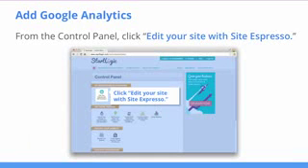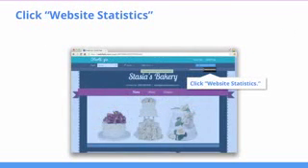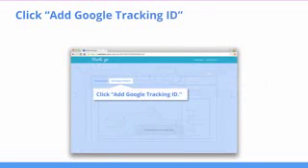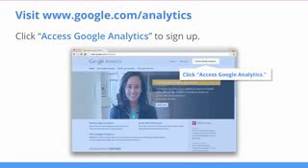You're going to go to the Site Expresso from the control panel. From there, you'll see on the top right, underneath Publishing Preview, Website Statistics. Click on Website Statistics, and you'll be taken to a page that prompts you to add Google Tracking ID. Click on the Add Google Tracking ID, and a dialog box will appear to plug in the Google Tracking ID. What you want to do next is leave that page open and open a brand new tab and navigate to